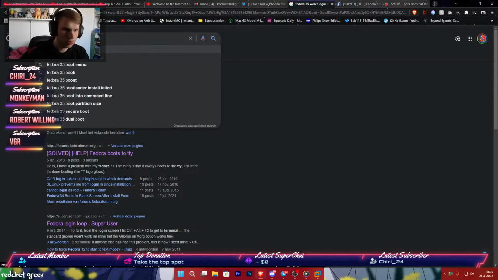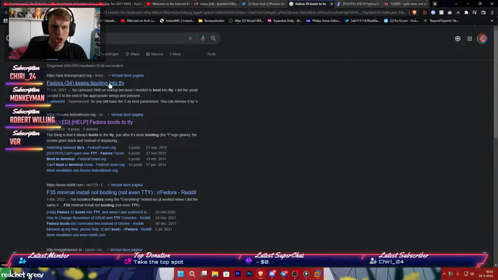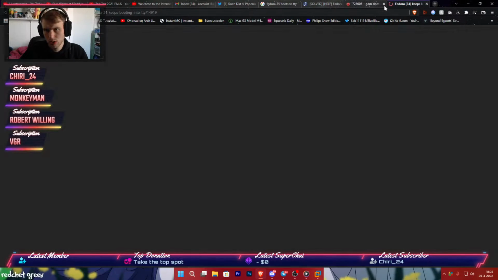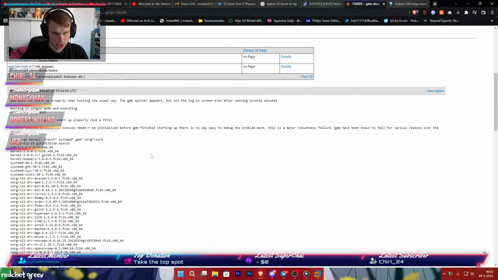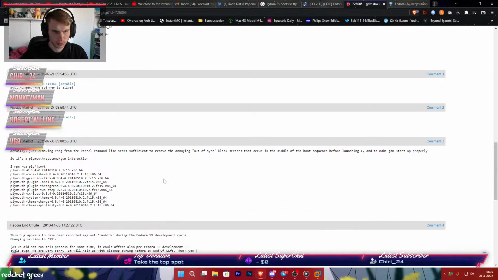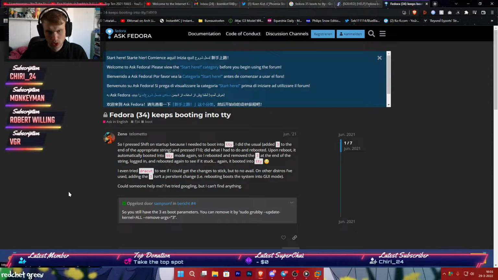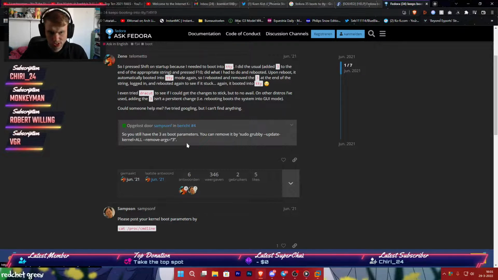Fedora 35 boots to TTY. It's almost like there is no... let's see. Boot screen, the spinner is alive. Yeah. Okay. So you still have the 3 as boot parameters. You can remove it by sudo grubby --update-kernel=ALL, remove our